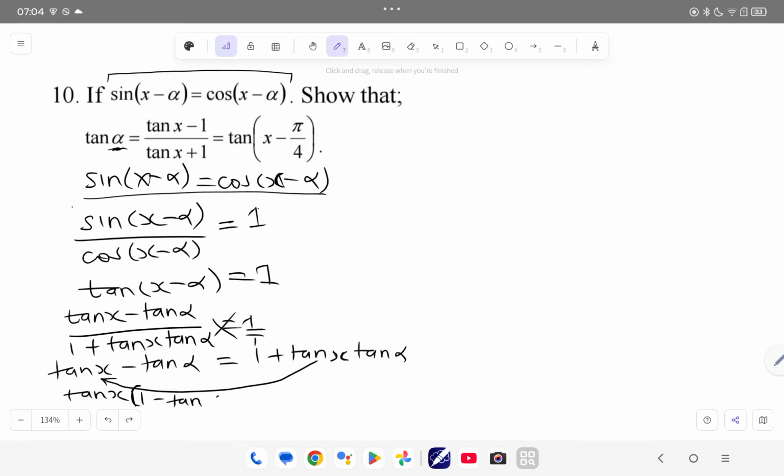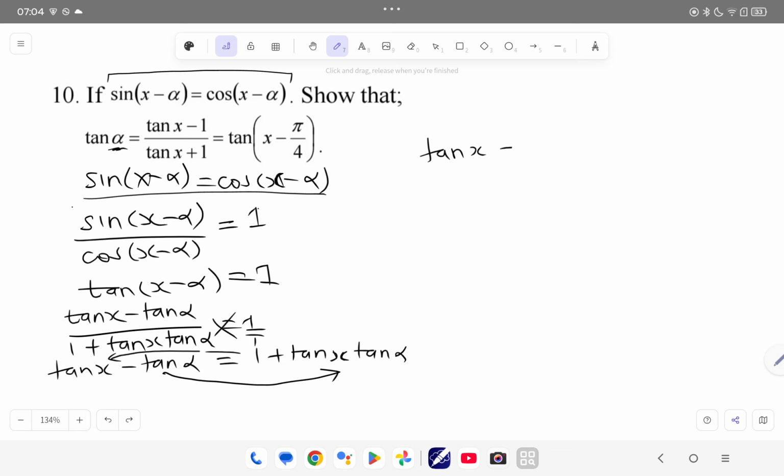So this step I'm doing is going to lead us astray. So I'm going to first bring tan alpha together. Let this tan alpha go that side, and the 1 comes this side. So you'll have